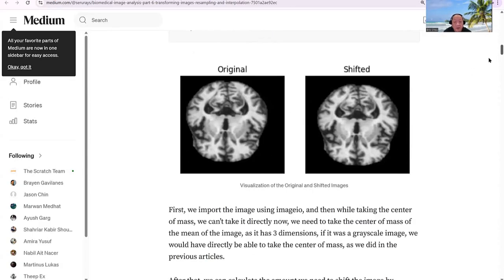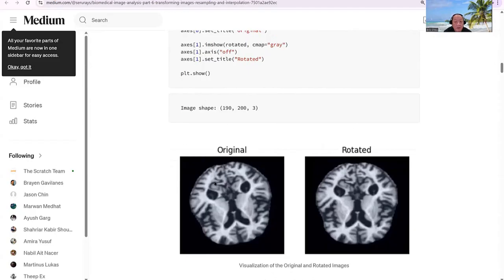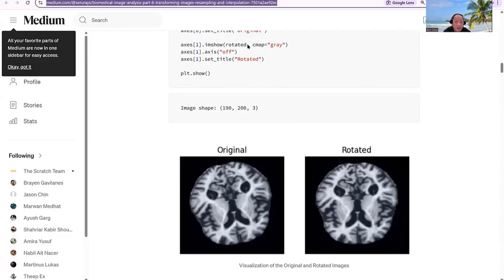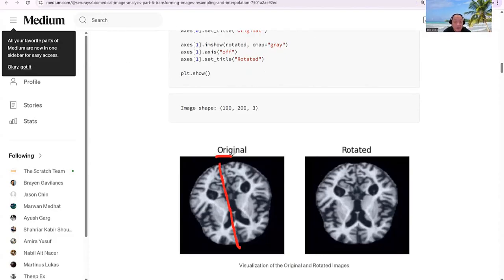Original one shifted to one. Original one rotated one. It may be at an angle, originally maybe a little bit this way, but now you want to rotate it a little bit back to this way. Is that okay? Yeah. For biomedical imaging,